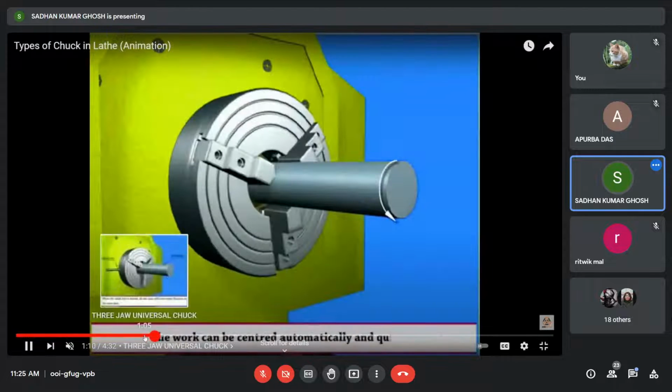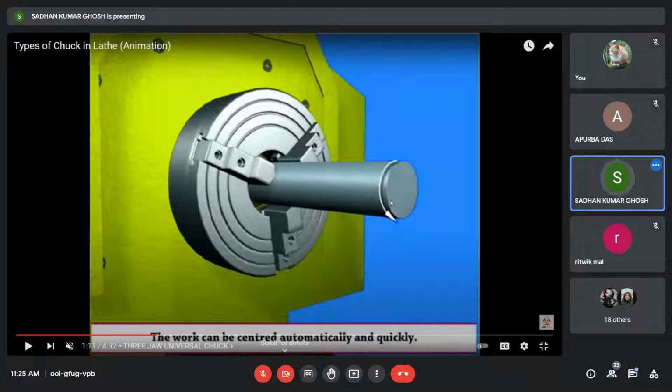Yeah, you fix it up. Use the tool, and the tool will cut this portion. So this portion means you are now making the surface flat. Right. So this is an operation which is called facing operation, but on the other hand, this is also called for making the flat surface.